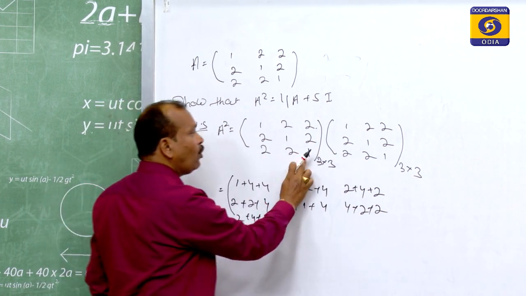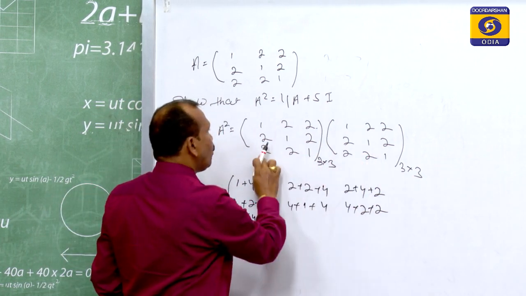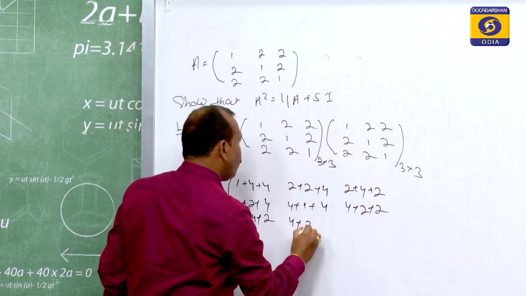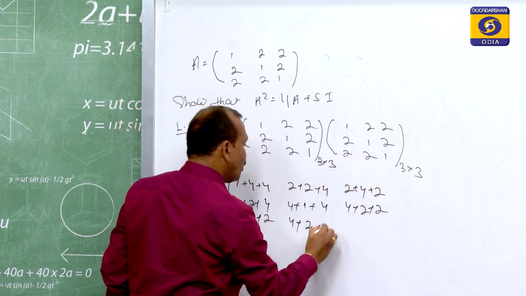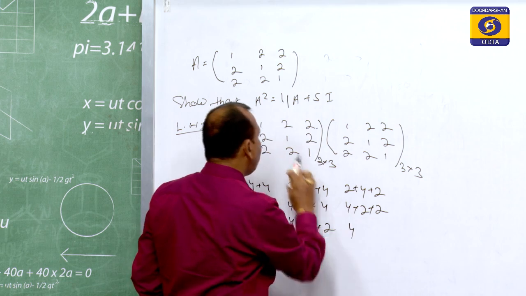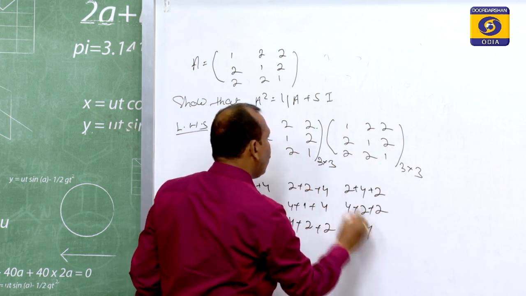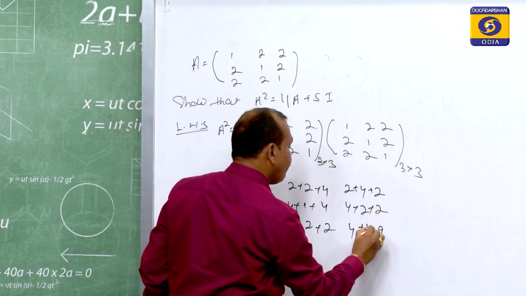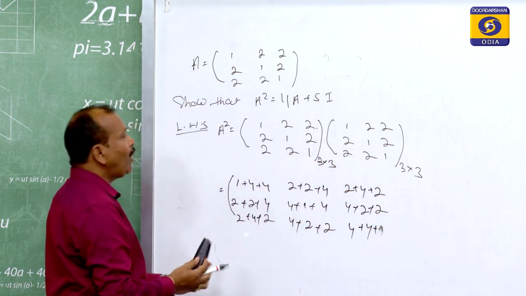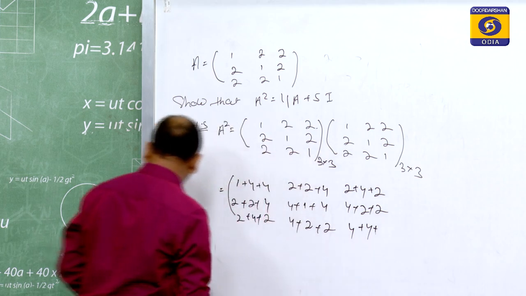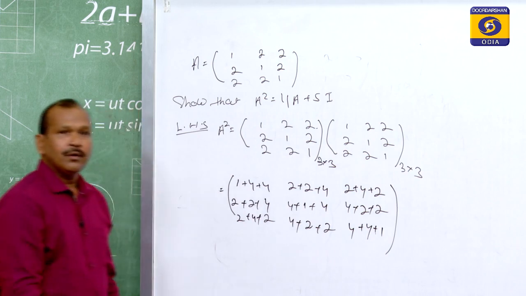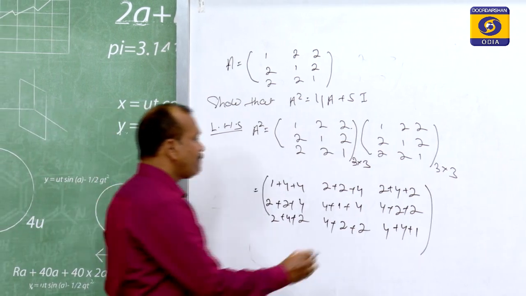So, the third row with second column, 2 into 2 that is equal to 4, plus 2 into 1 is 2, plus 1 into 2 is equal to 2. Then 2 into 2 is equal to 4, 2 into 2 is 4, plus 1 into 1 is equal to 1. So, that becomes